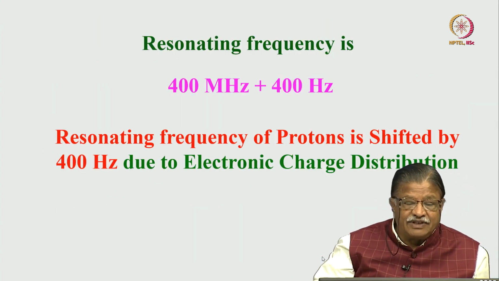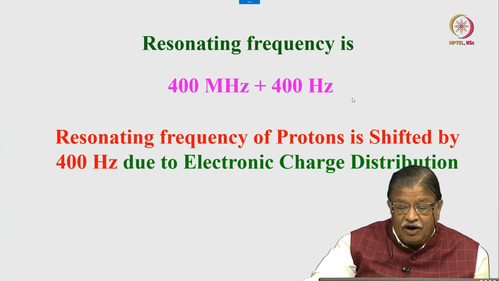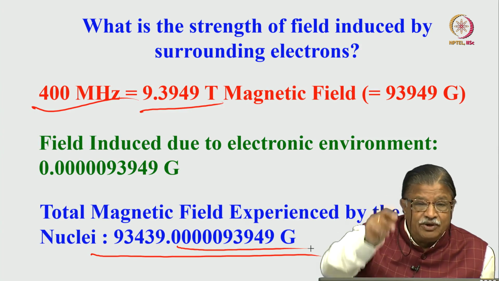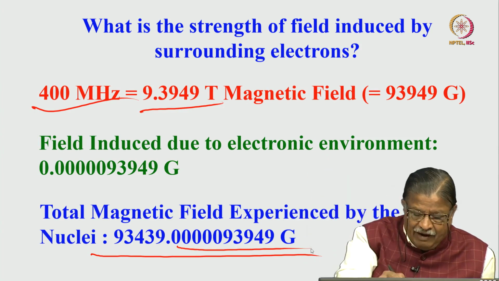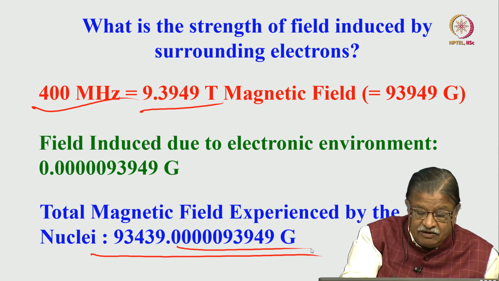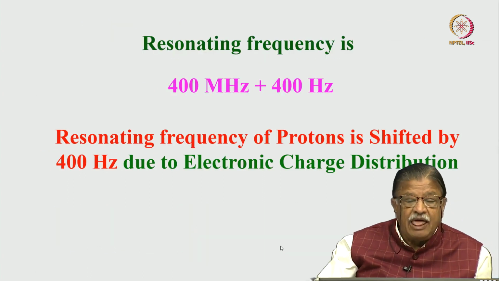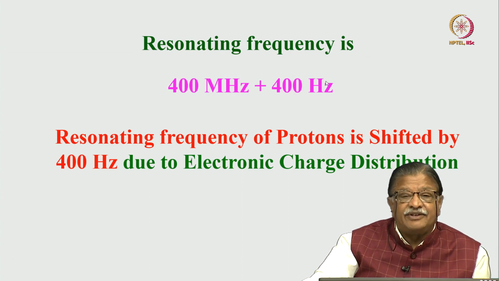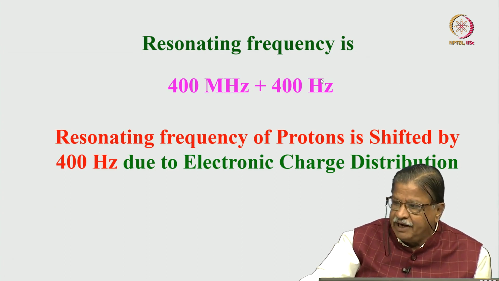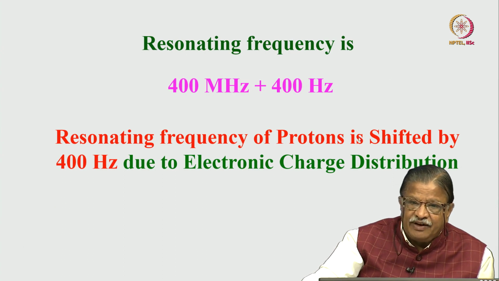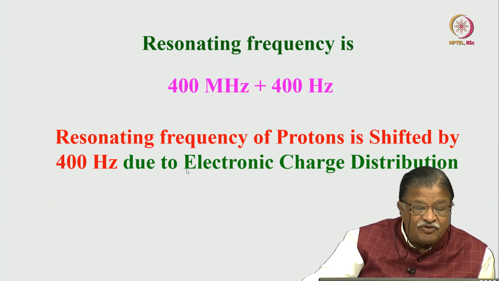So, the resonating frequency is not 400 megahertz, and the small value which I have added here you can calculate using nu equal to gamma into B naught over 2 pi. I have deliberately taken this number so that this will become 400. So, it will become not 400 megahertz, but 400 megahertz plus 400 hertz. What does it mean? The resonating frequency of protons is shifted by 400 hertz